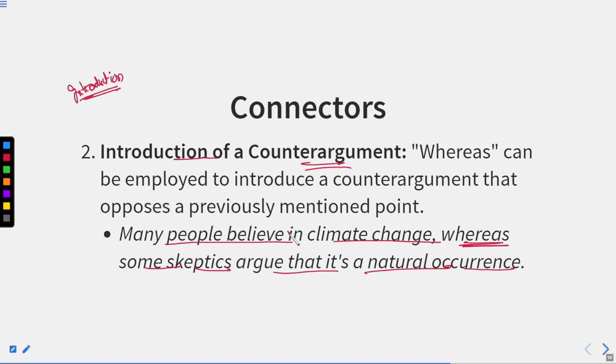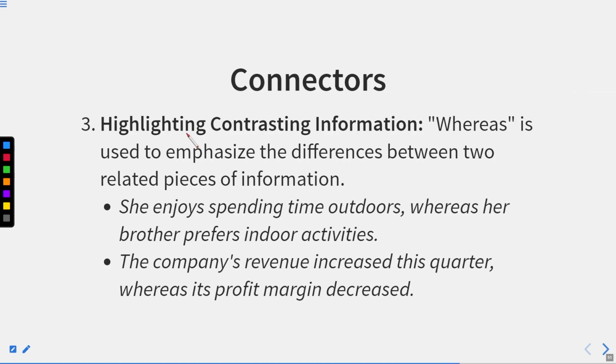So here, according to this, the second is an example of the above. Highlighting contrasting information. Now, another is highlighting contrasting information. Whereas is used to emphasize the differences between two related pieces of information. Okay, it means two pieces of information are given to us, and this highlights the contrast between the two situations, and also this connector is emphasizing the point that it is actually the contradiction